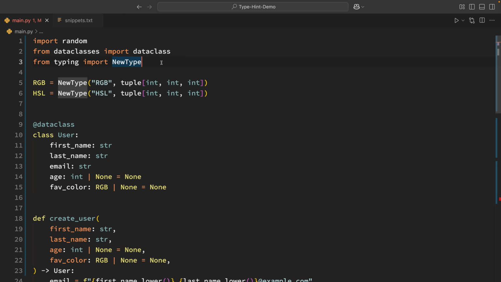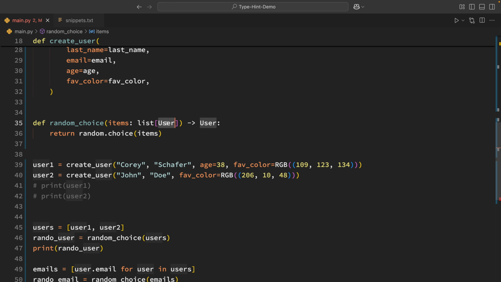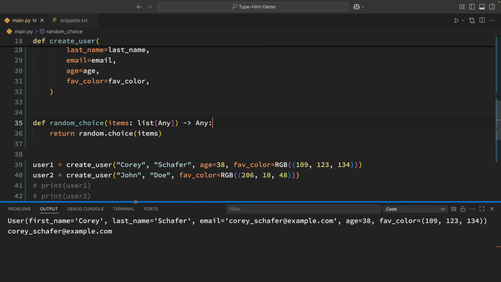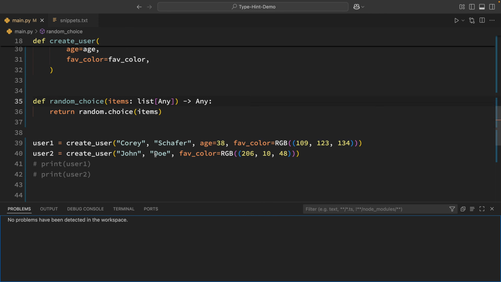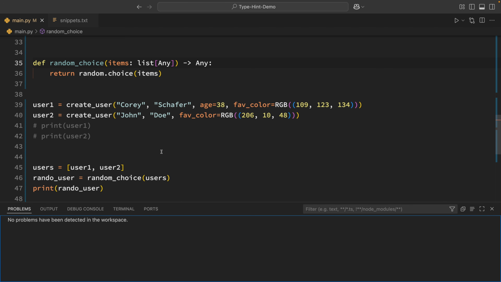So from typing here, I'm also going to import Any and save that. And now down here, I could say that this is a list of Any, and we are going to return Any as well. Now, if I run this, we can see that it still works, and I'm not getting any MyPy errors, so we might think that this is good. Now, using Any can be good whenever you really don't know or don't care what the type will be. You might run into that when working with external data or unvalidated JSON data where you really don't know what the types will be,